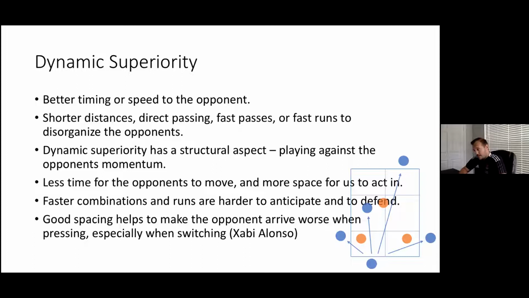More good spacing helps to make the opponent arrive worse in the pressing, especially when you switch the ball. So if you're spaced out across the field and you're really well spaced, just think of Xabi Alonso when he played for Bayern Munich, for example. When he switches the ball and Robben, for example, gets the ball on the right wing and he's already waiting there, his body's positioned the right way, he's looking, he's already seen everything. That is very hard to defend as a fullback who's covered into the middle to react to the players who are in the middle, and now I have to run all the way out and I'm arriving late to Robben after a switch. That's the advantage of playing fast and having good positioning, right?